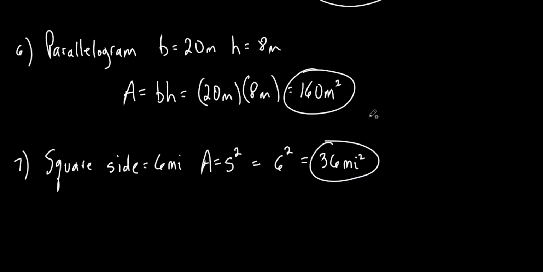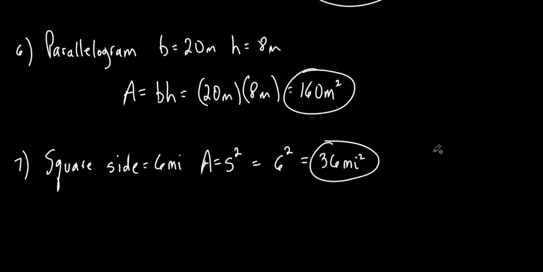Okay? And that could make sense, right? If you go out to the Midwest somewhere, they got these big farms, right? And if they have a square farm, all right, one side could be 6 miles, the other could be 6 miles. So what's the square footage, or what's the square miles, I should say, not foot. What's the square miles of that farm? 36 square miles. So if somebody says, oh, the area of this piece of land is 36 square miles, you can in your head think, oh, one side's probably 6 and the other side,